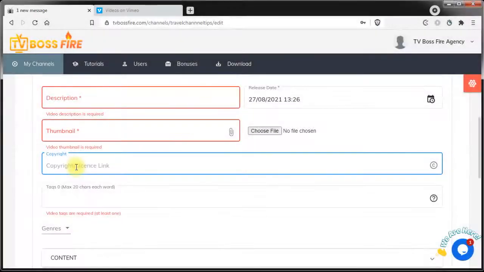The next field is the copyright field. In this field, you should paste a link where Roku or Amazon can find the documentation attesting that you have the right to use the content. If the content is copyrighted or part of the content contains copyrighted images, music, footage, or any other copyrighted content, you're in trouble. Amazon has a very smart AI that scans all the channels for copyrighted content, and they'll block the channel or even delete the channel if you don't have the right to use the content that you have on your channels.